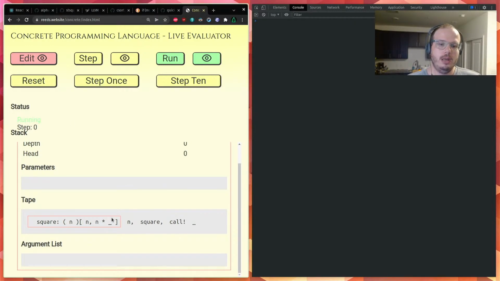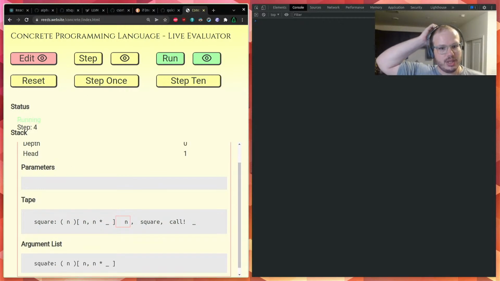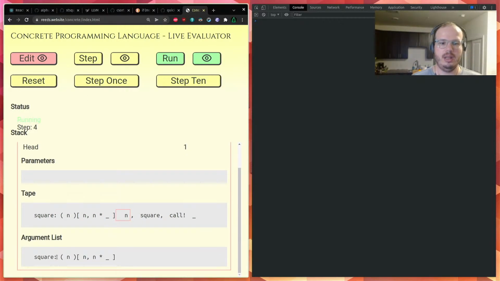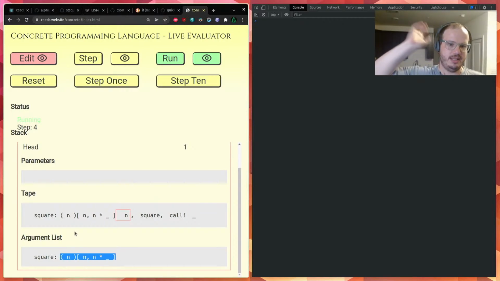You'll see that the reader head is now wrapped around this whole thing. And when I step, we actually get that whole thing past there. Actually, the label square shouldn't be there. That's a bug in the UI. But this should be what you see here as the current argument on the argument list.